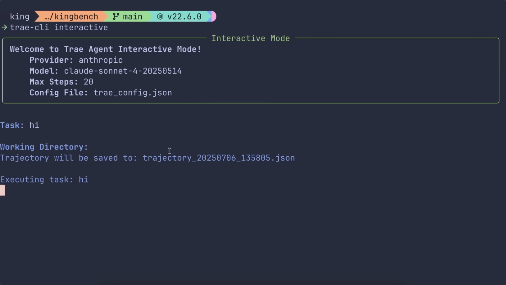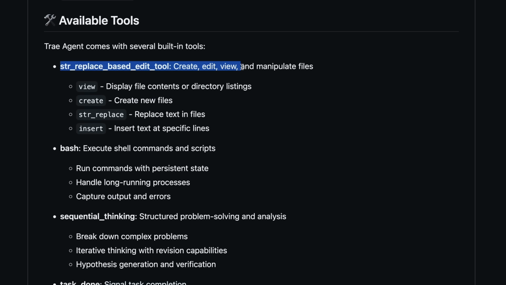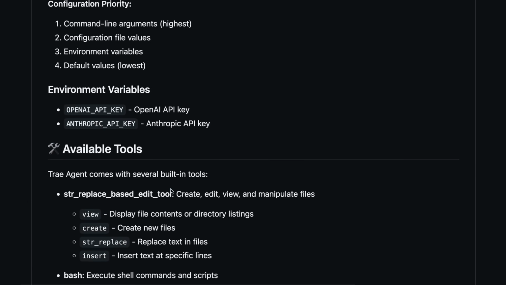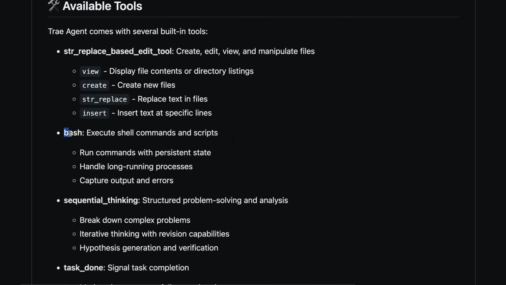Now, what really sets Trae Agent apart for me is the tool ecosystem that comes with it. Out of the box, you get file editing tools, like the str replace based edit tool, which lets you view, create, and modify files directly from your instructions. There's also a bash tool for executing shell commands, which maintains persistent state, so you can run multi-step processes without